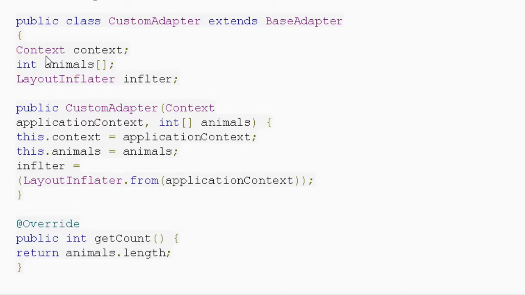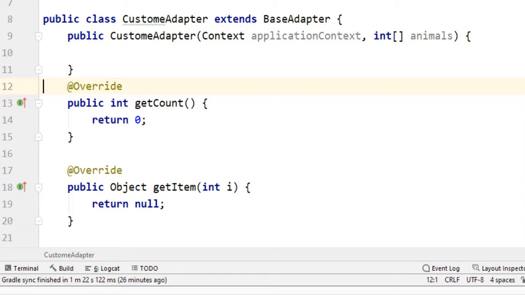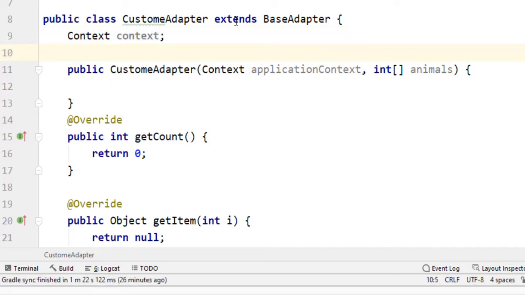So first of all we need Context, Integer, and LayoutInflater. In the custom adapter we use context, with the name in small letters, context. Then we need Integer animals, because animals works as part of the array that we have to define.